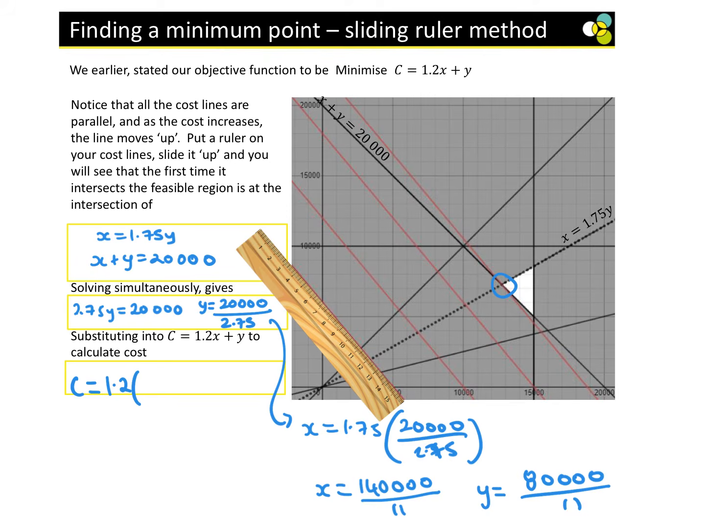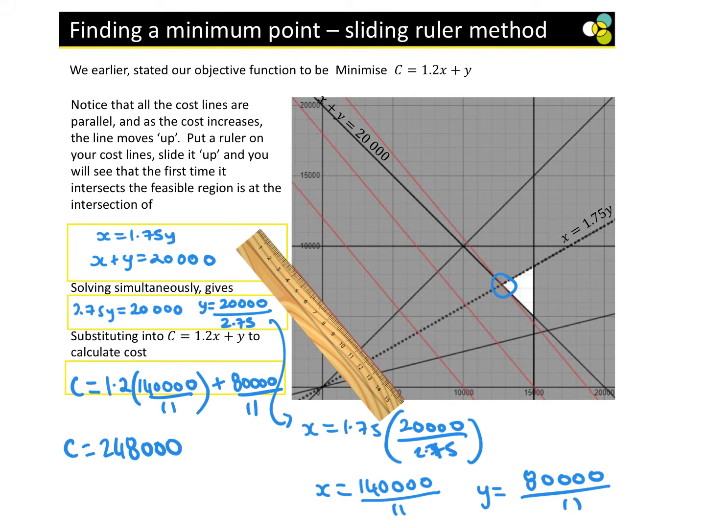1.2 lots of 140,000 over 11 plus 80,000 over 11. Now, as you can see here, I know these are going to be decimals, but I know they're divided by 11. They're not going to be very nice. I'm going to keep everything exact until the last moment. Okay, I'm going to put this into my calculator, and I'm going to get C equals